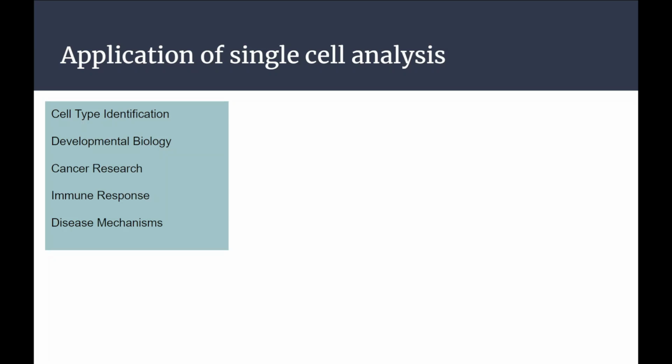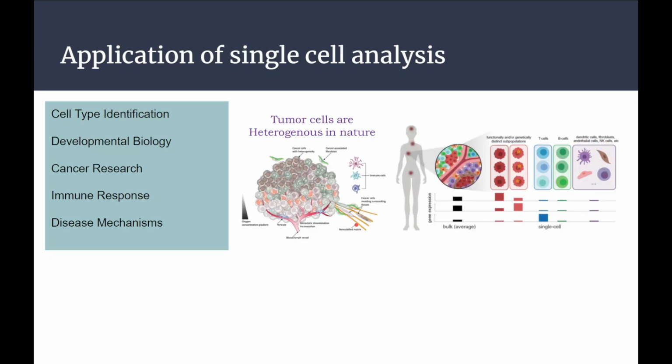Developmental biology, in the sense we are going to study, covers embryo development and other kinds of development also. For cell type identification, here is an example. Let's say we are going to study lung data. Lung data may consist of different kinds of tissue, and the entire tissue consists of different kinds of cells. To find exactly what cell communities are present within this particular tissue sample, we can find those using single cell.